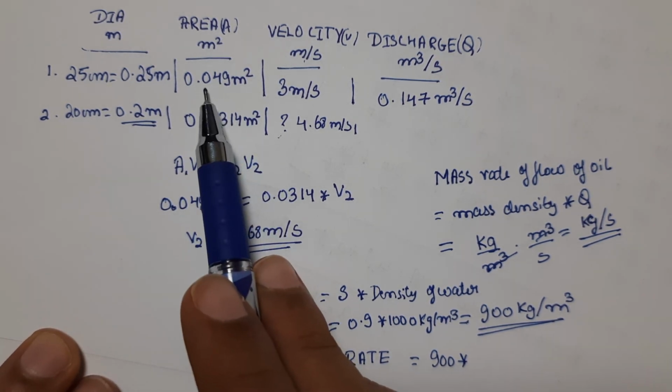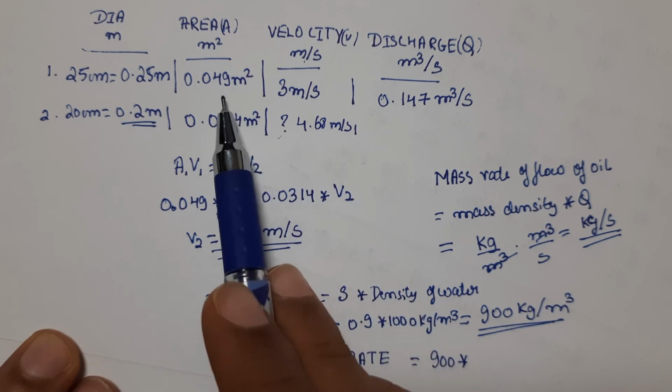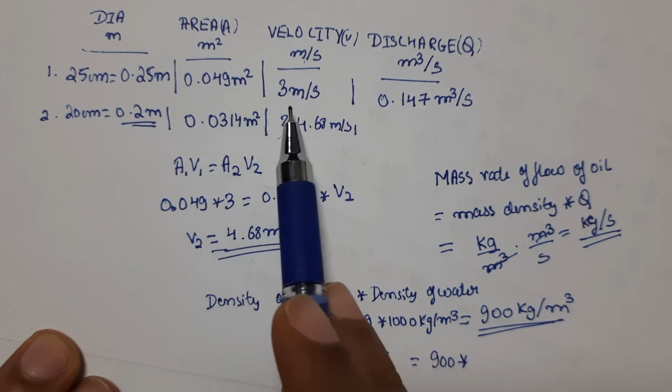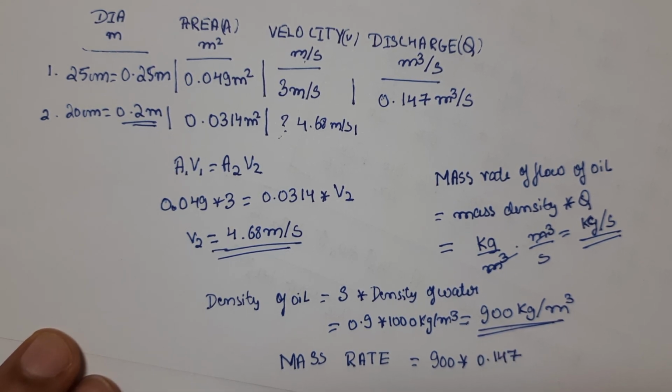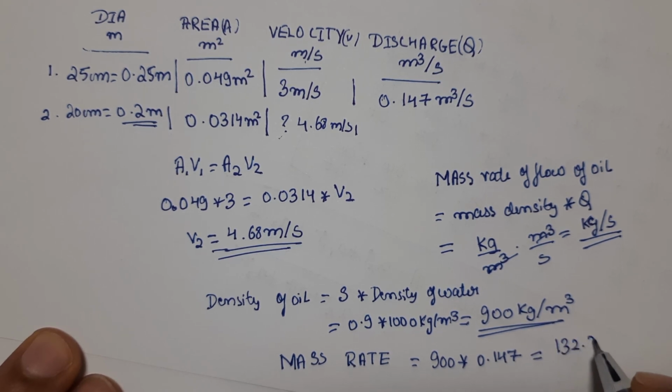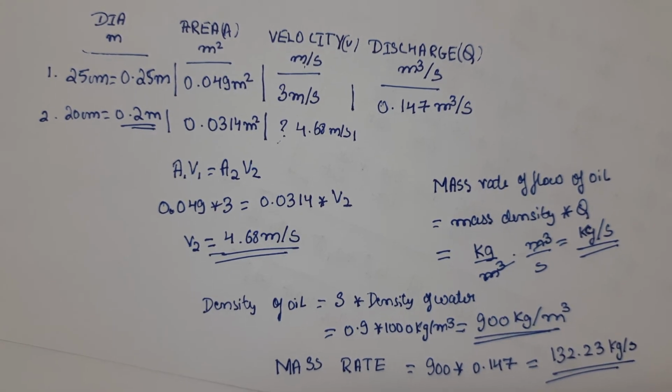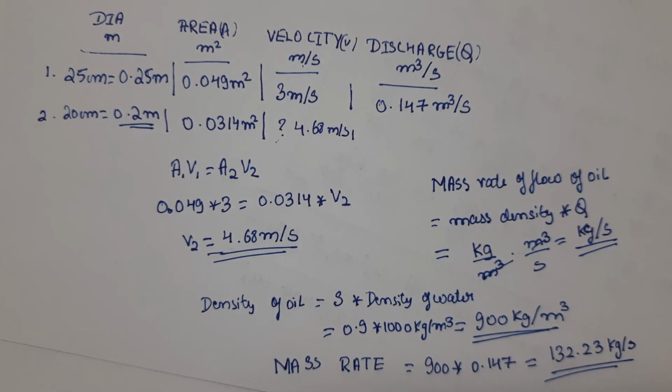How much is the discharge? The discharge here is 0.049 into 3, which is 0.147. So that will be equal to 132.23 kg per second. So this is the mass flow that we